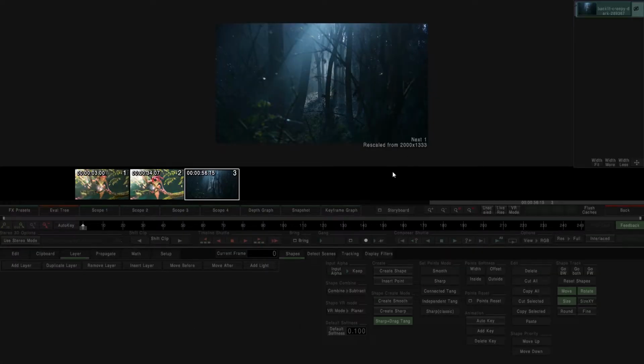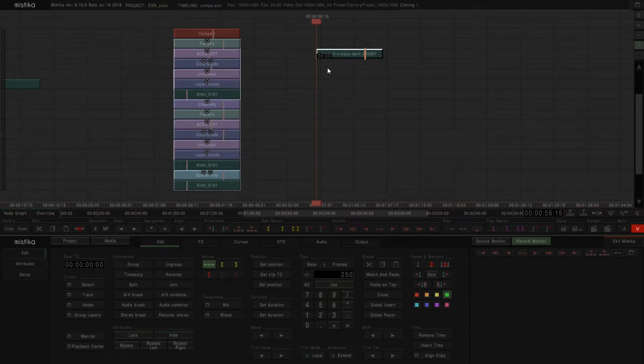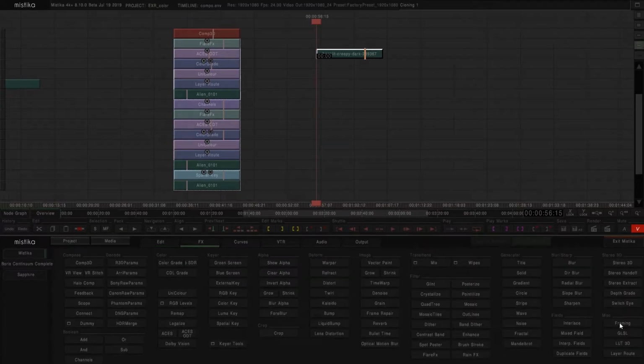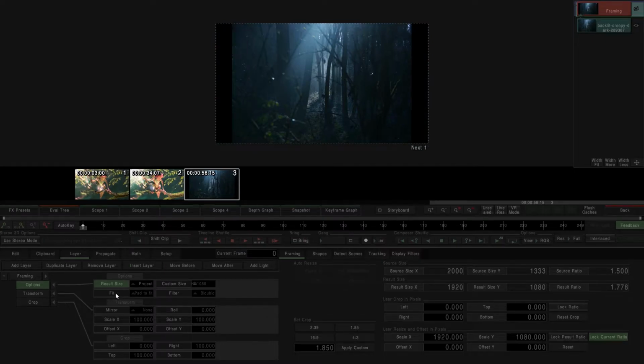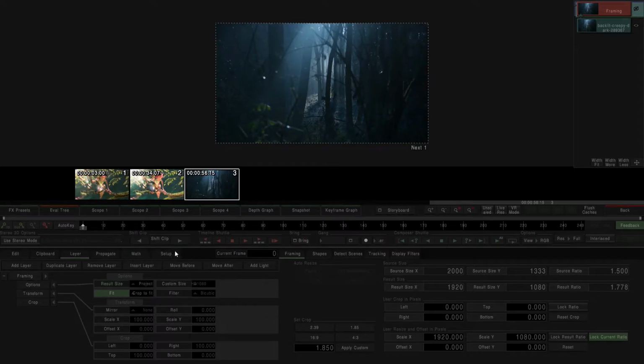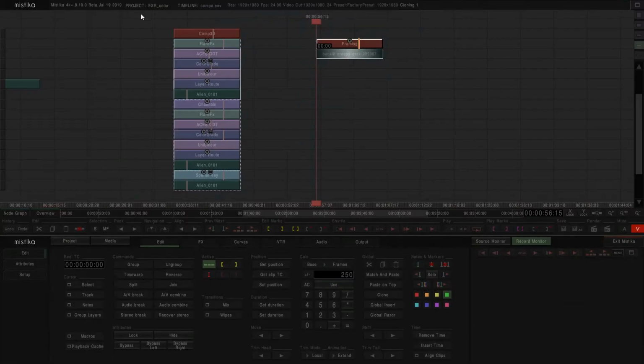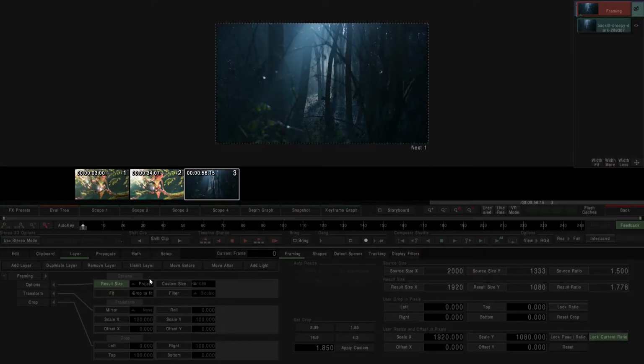And as we can see, the resolution of this background is different compared with the resolution of my project. So the first thing I'm going to do is just to use a framing node to match the resolution of my background with the one that I'm using in my project. So in the result size, I'm going to select project, and in fit, I'm going to select crop to fit. In that way, I'm just adapting my background to the resolution of my project. The great thing of this feature is that the result size is dynamic. So every time that I change the resolution of my project, this background and the whole compositing will be adapted